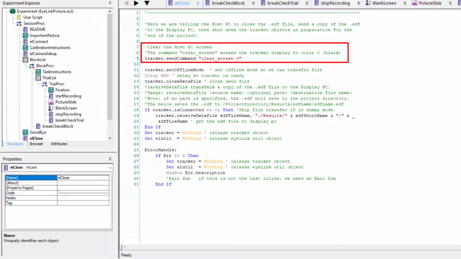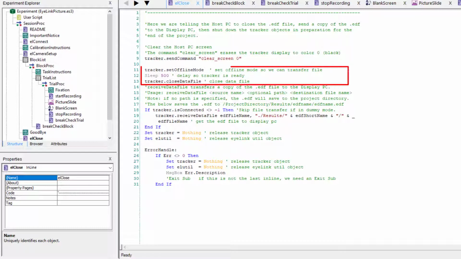The command clear screen simply clears the tracker recording display to color 0, which is black. Next, tracker.setOffline mode puts the host PC into offline mode so we can transfer the EDF file. A brief delay is added to make sure that the tracker has had time to make the mode switch before